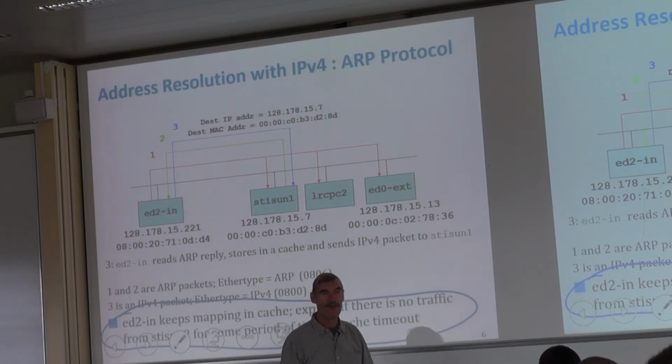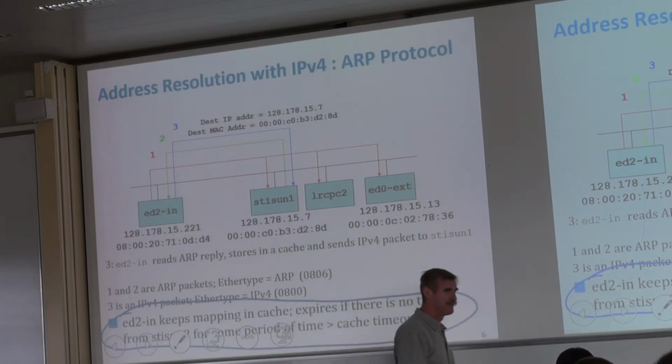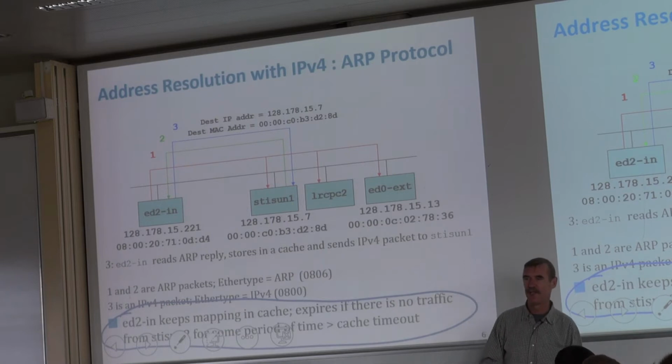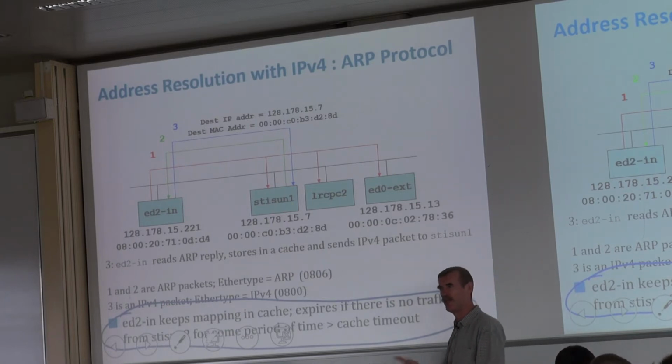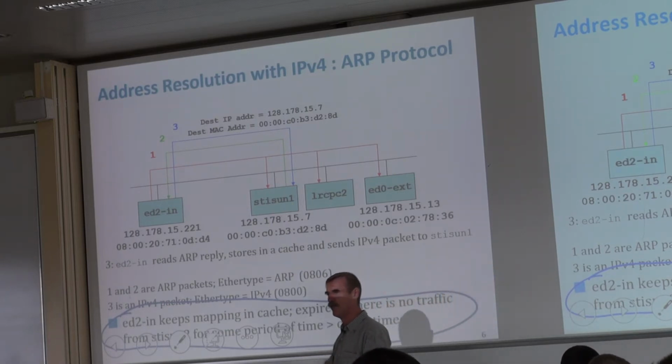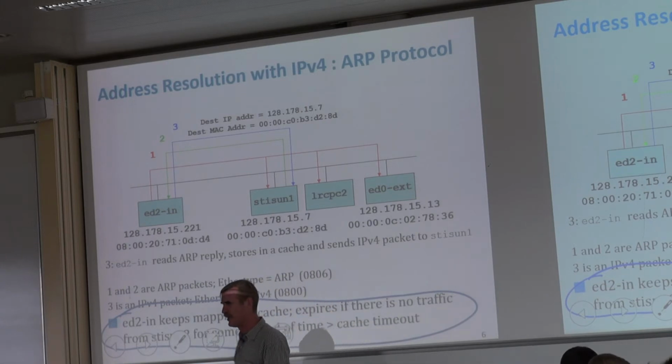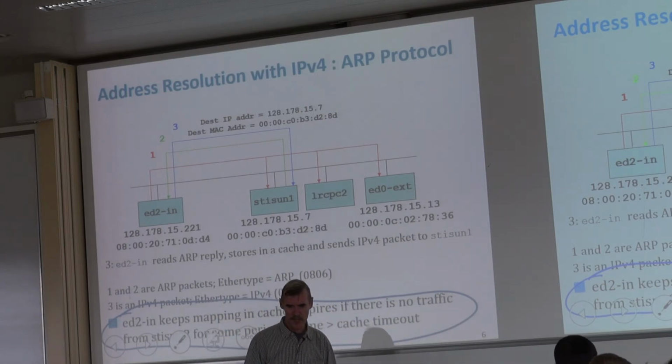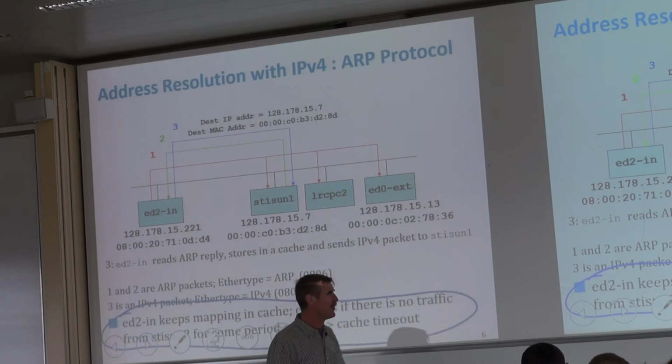Do we do this for every IP packet we have to send? Of course not. That would be a bad idea. That means whenever we have an IP packet to send, we need first to do this ARP handshake. That would be very expensive. So there is a cache where the